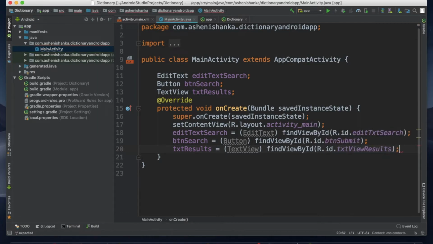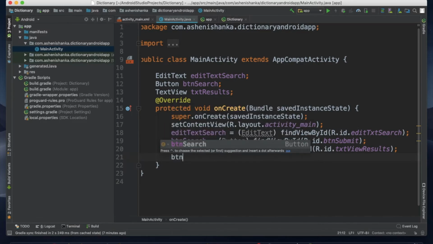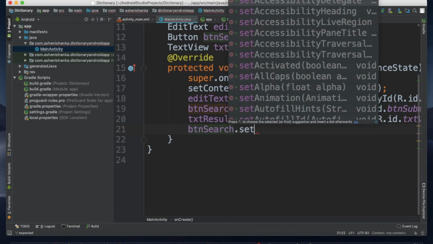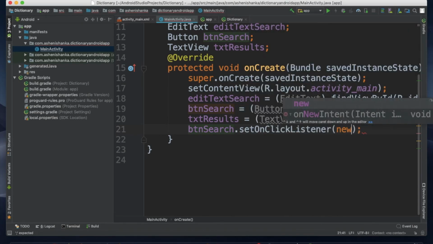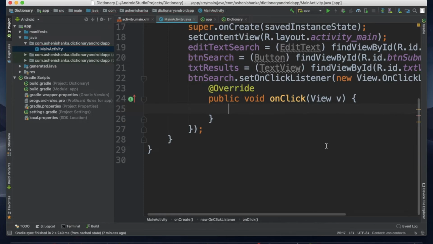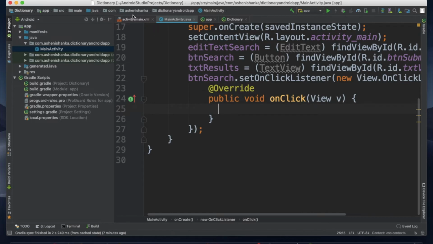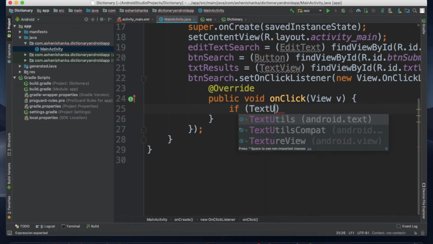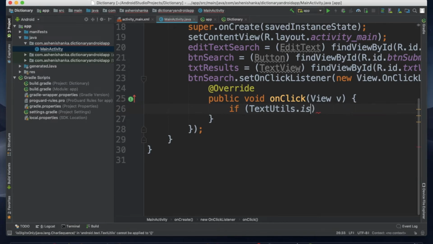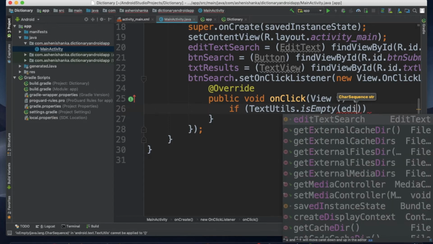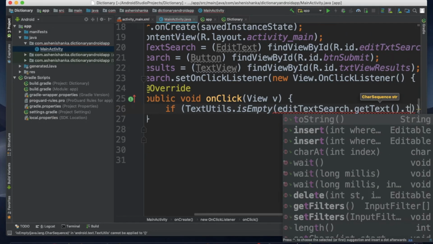Text view result. Okay, now let's create an on click listener for our button. Button search dot set on click listener, new on click listener here. Inside this method I'm going to check whether the keyword in our edit text is empty or not. To do that, if TextUtils is empty, inside the brackets, edit text search dot get text dot to string,